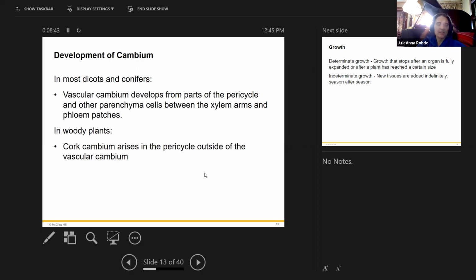And the woody dicots again are like trees and shrubs and vines. Now conifers, those are your pine trees, cedar trees. Those are again what we consider woody trees. But they don't actually classify as monocots or dicots because monocots and dicots are actually classifications for